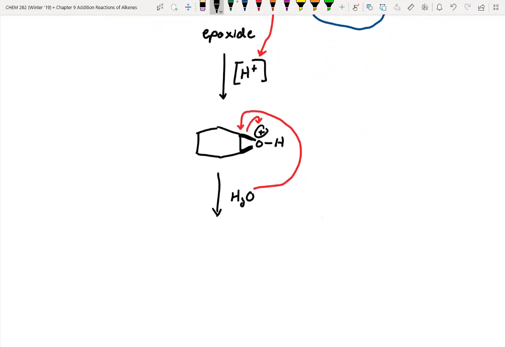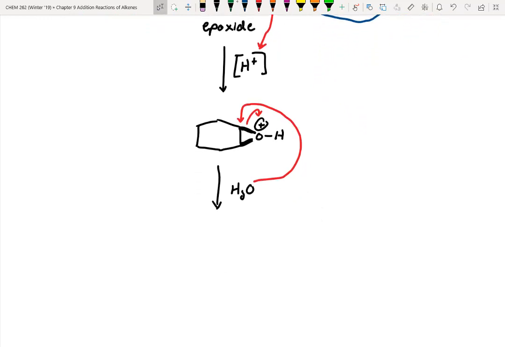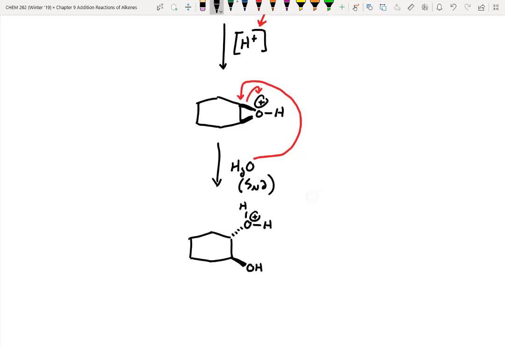All right, so if water attacks in underneath, this is basically a fancy SN2 reaction. So I'll just write SN2. It's going to do that backside attack and slingshot it open. And if water's doing a backside attack, that means it must have attacked in as a dash. And this alcohol would have been, whoa, come on, like that. Or conversely,